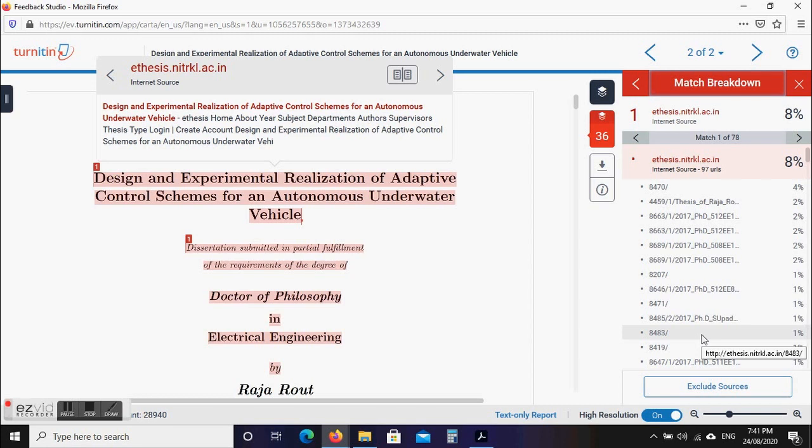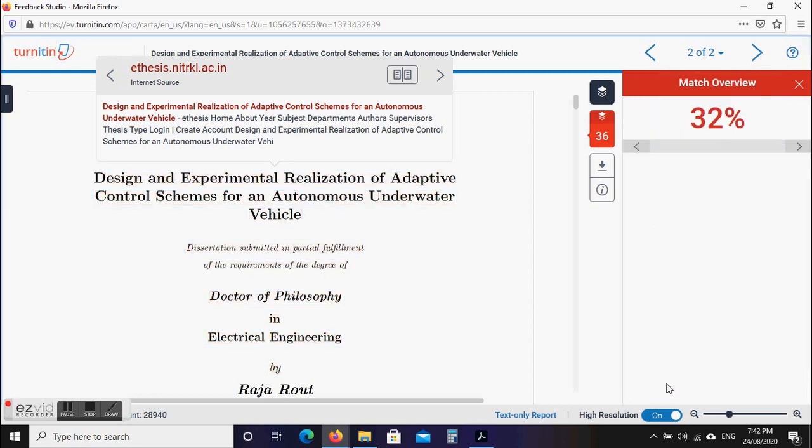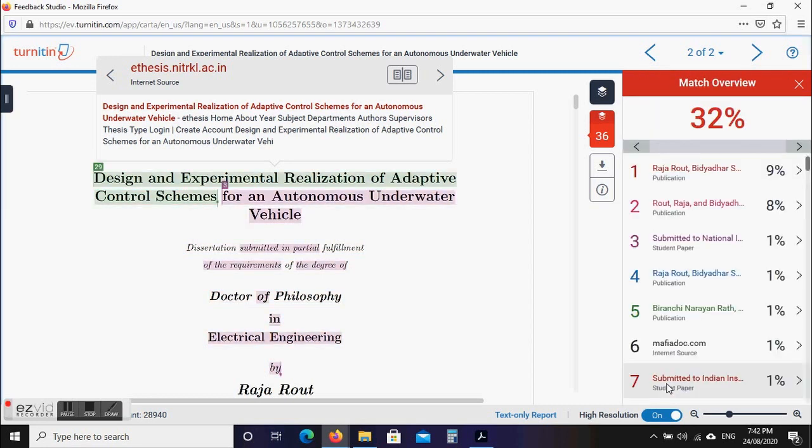So suppose, technically speaking, you should actually check each and every one, because it may happen that someone has already written some article and deposited it earlier in his or her thesis and it is matching with yours. So you should properly acknowledge that one through references, etc., or you can remove it. All these need to be verified, but if you want to exclude all, you can simply check here